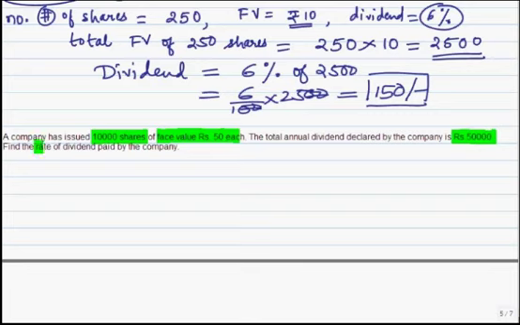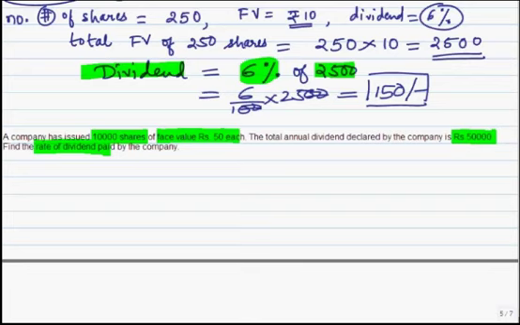What is the question asking us to find? What is the rate of dividend paid by the company? So like this, some kind of twisting in the problem happens. In the earlier problem, number of shares, face value and the rate of dividend was given. In this case, number of shares, face value and the amount of dividend is given. So if I would like to compare with the previous problem, the left hand side is given here. What is unknown is this percentage, and this value we can easily calculate.